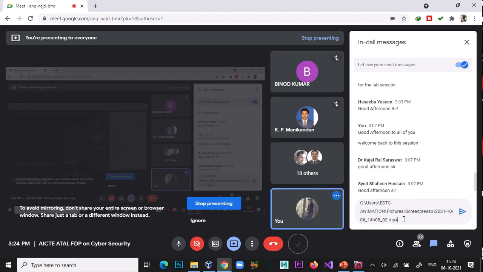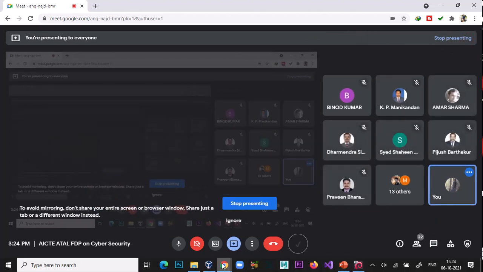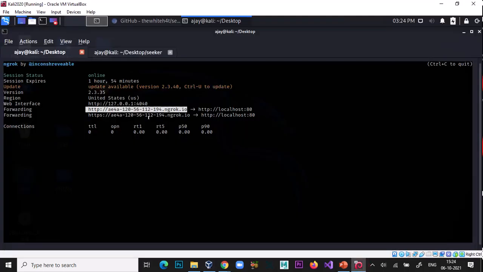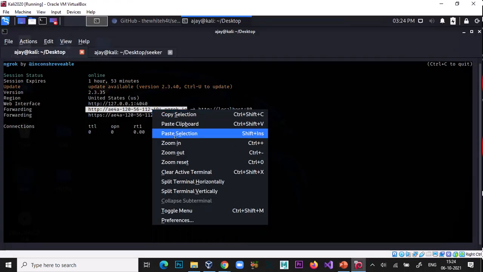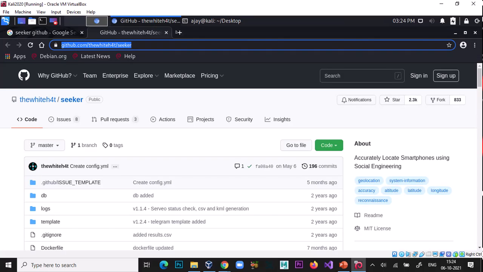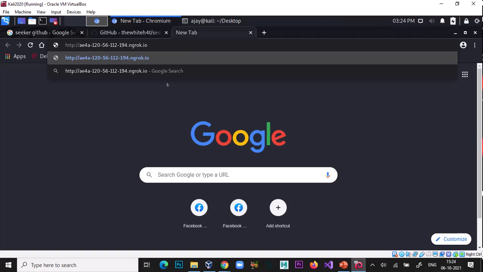Sorry, screen press. Actually, this is my virtual machine address. Okay, so I copied it, and now for testing purposes I use it. So I just click it.